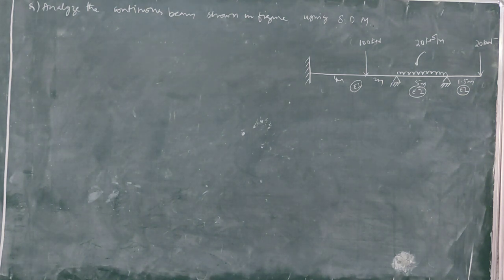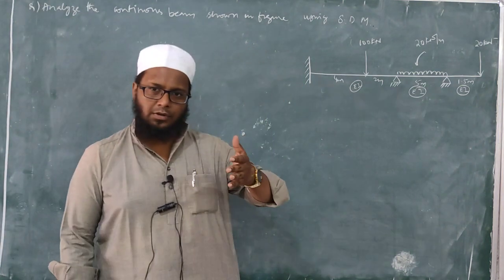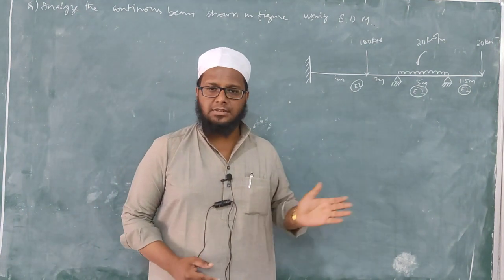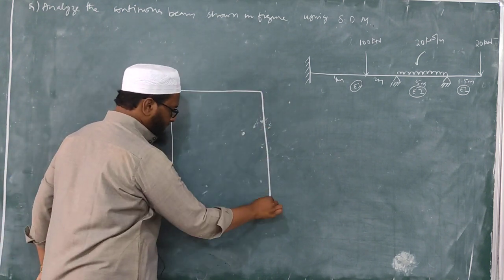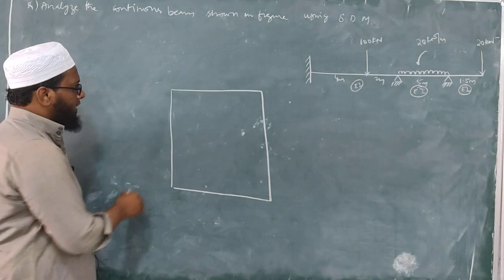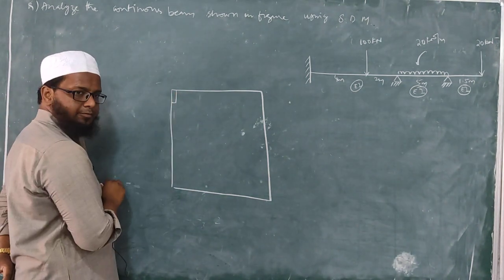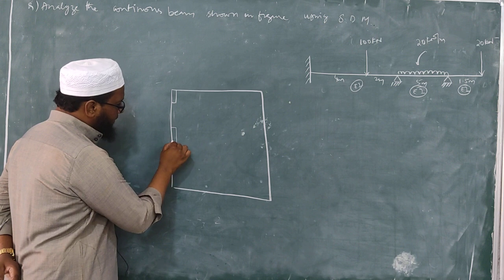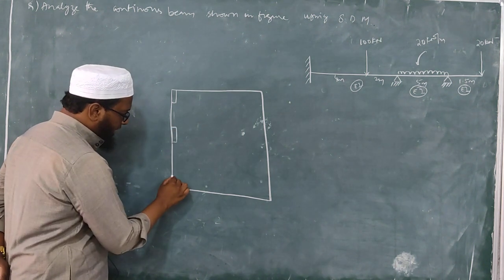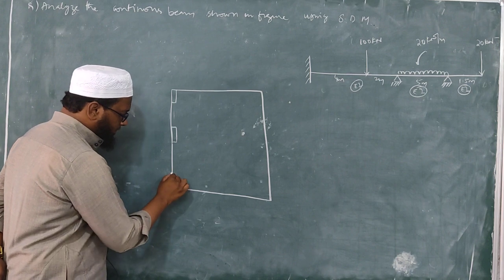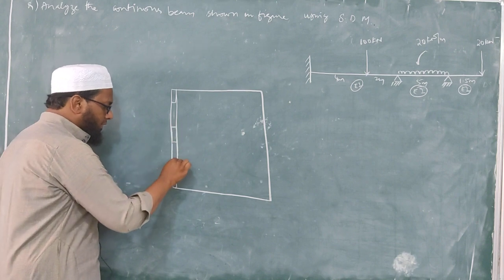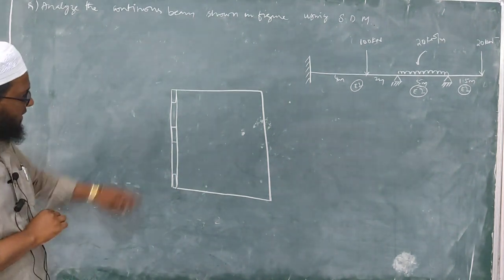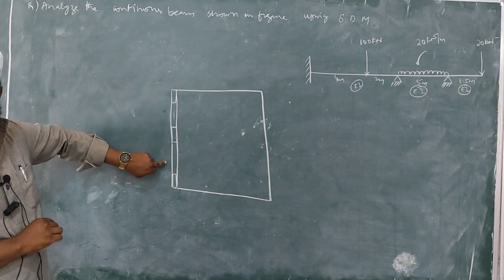Along with that, it is a continuous beam. What do you mean by continuous beam? As I told you before also, we will be having continuous spans, isn't it? Suppose for example, this is our plan. In this plan, I'll be having one column here, one column here, and one more column at this point. So my beam will pass in this fashion, isn't it? So that means this is span AB, span BC, isn't it?